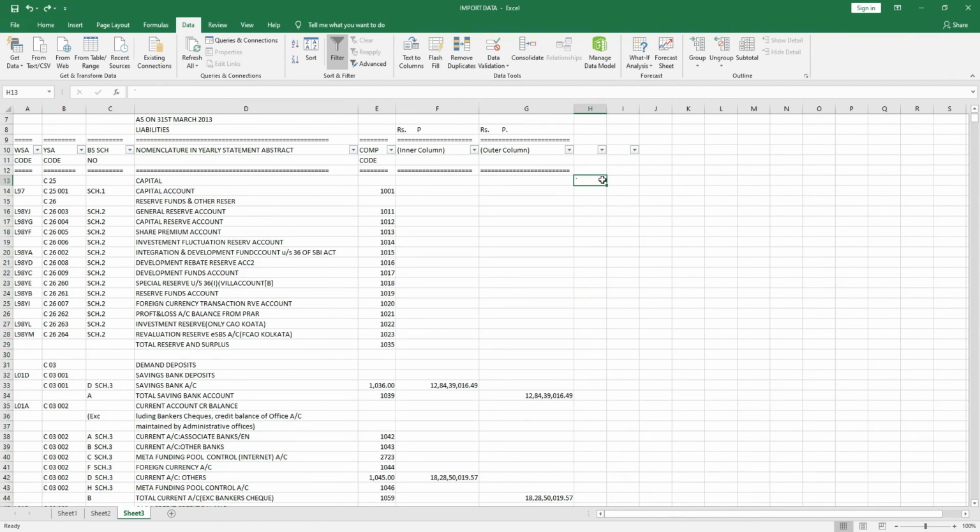So what I want is, wherever there is an amount in the inner or the outer column, I want that row to be retained. The rows which do not have amount should be deleted. That would make my data lean, and therefore I would give Excel an instruction that if F13 plus G13 is not equal to 0, it means it's a number,